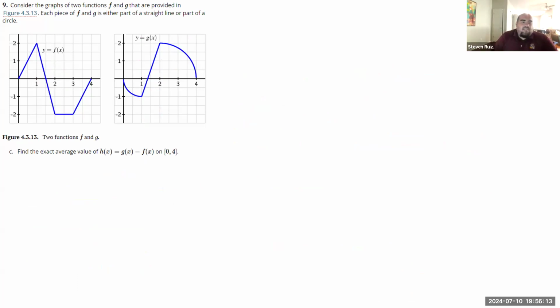All right, find the exact average value. Okay, so how do I find an average value? So this is actually something that involves an integral. So let's set this up first and see if any of the information we've already dealt with can help us. So if we want to find the average value of f